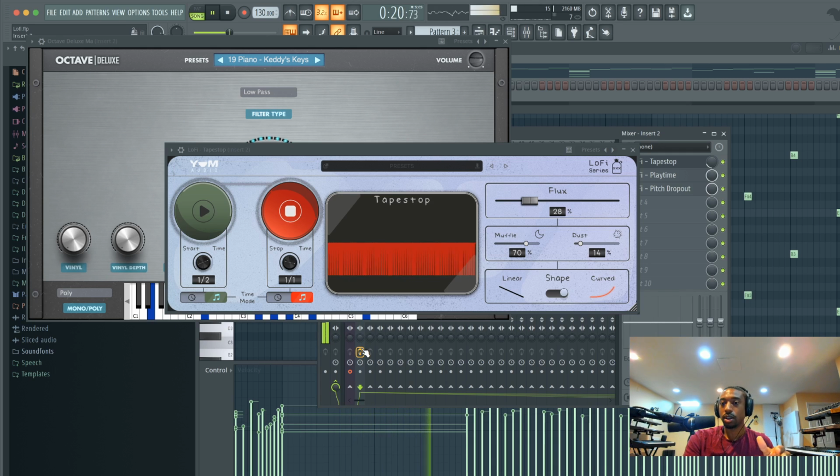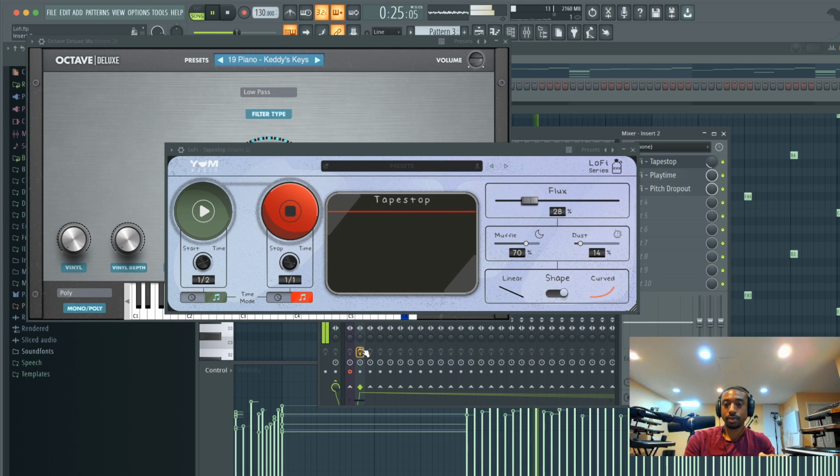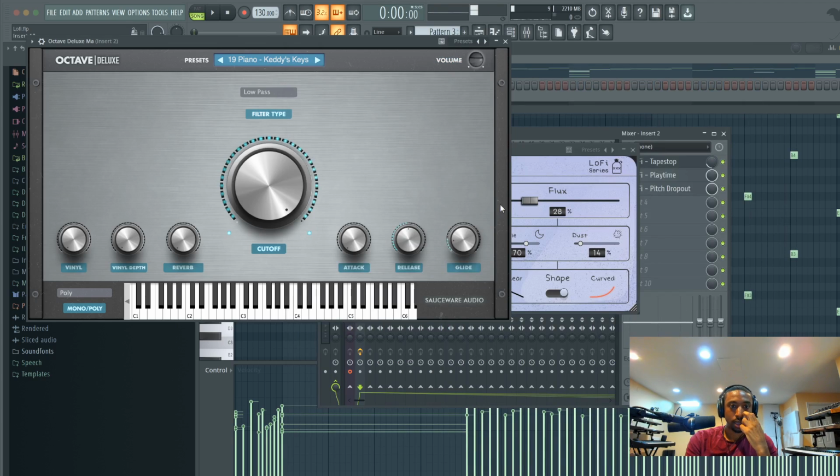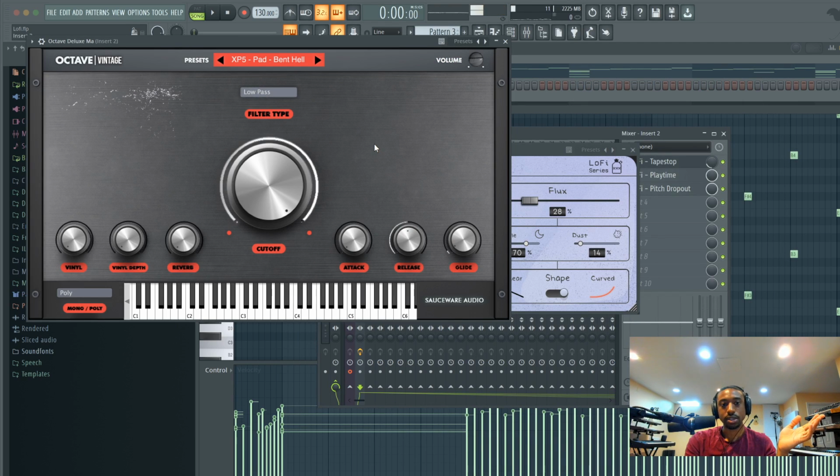So I like Yum Audio's ideas for their software, their plugins. Now we have something we've never heard before. So let's swap it out for a random sound. Let's just do a pad. Might be too long because I'm not sure how his pads are programmed. But I'm just picking random presets.